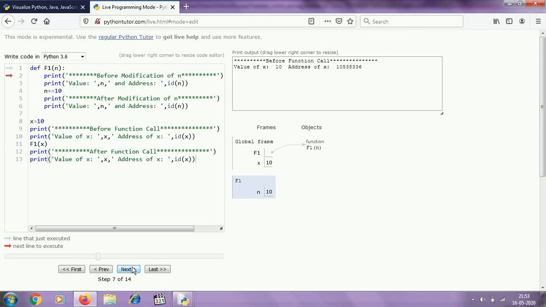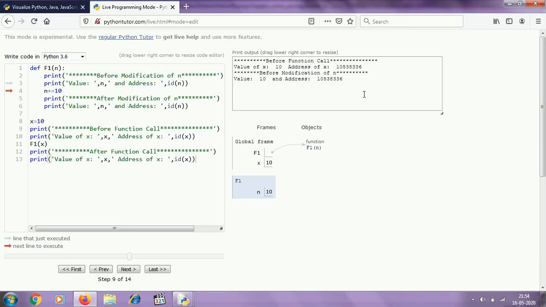Next, we are going to print this statement before modification of n. So let's check what will be the value and id of n. So value is 10 and most important thing, id of n is similar to the id of x. That means both x and n are pointing to the same object.